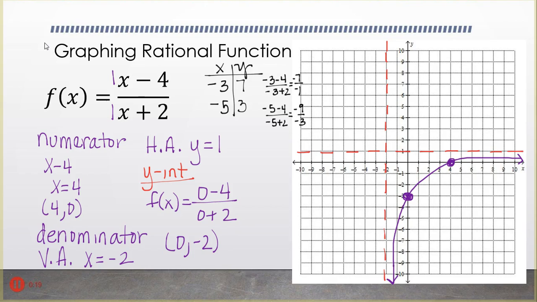So after making my t-chart, I can see that at the point negative 3, I have a y value of positive 7. And at the point negative 5, y is 3. So again, I can kind of see what's going to happen. I'm going to connect these points, making sure I stay to the left of the vertical asymptote, but above the horizontal asymptote. So my domain for this function would be,